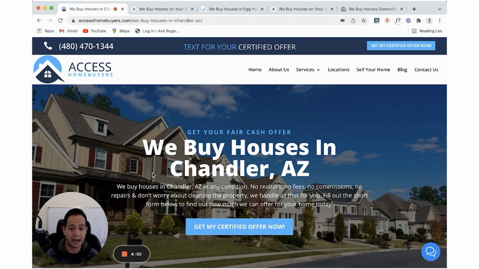So for us, we have an actual office, a virtual office that we submitted to Google. We told them that's where we're located, and we got verified. So we have an address and a Google business profile ready to go. And so that's why I want to focus on optimizing my Chandler city page, so I can then start ranking